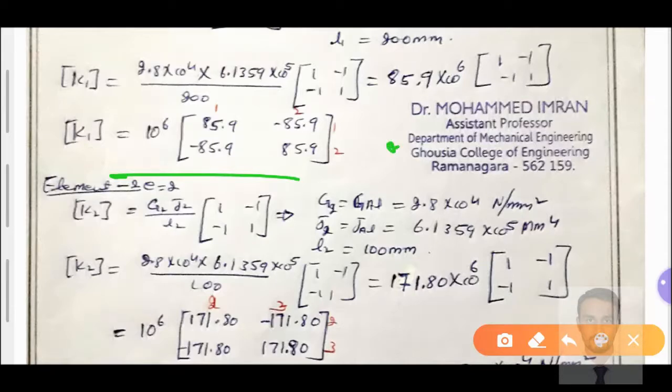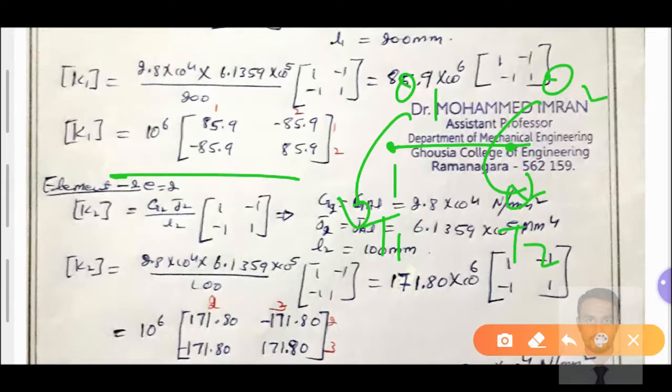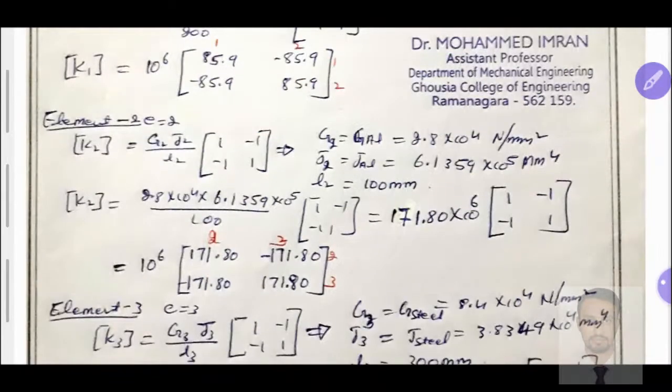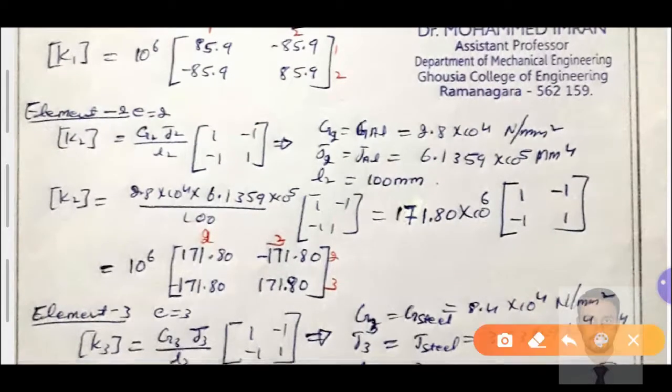Element number 1 starts from node number 1 and ends at node number 2. Due to torque T1, theta 1 takes place, and at node number 2, torque T2, theta 2 takes place as a torsional displacement. With respect to theta 1, first row, first column name is given. With respect to theta 2, second row, second column name has been given. Right? After that, similarly, we will find the elemental stiffness matrix for element number 2.